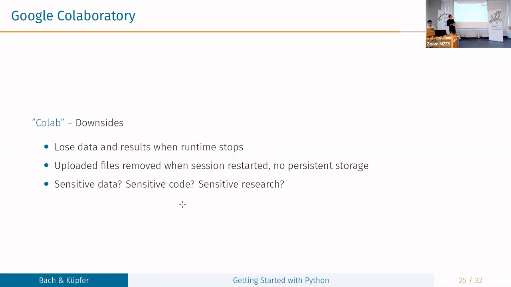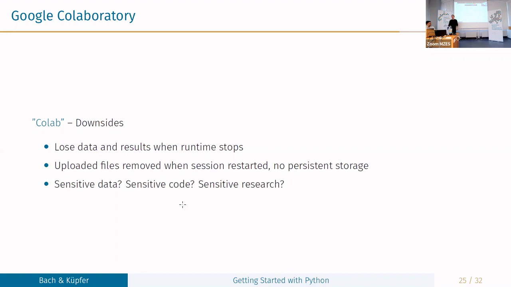Okay, some other remarks, maybe not downsides, but at least remarks. If you disconnect from a Colab session, you may lose data and results. When the runtime stops, that just means you disconnect from your session. I think after 24 hours, you are automatically disconnected and your runtime stops. So make sure, if you're having some analysis, that you write out the results somewhere.